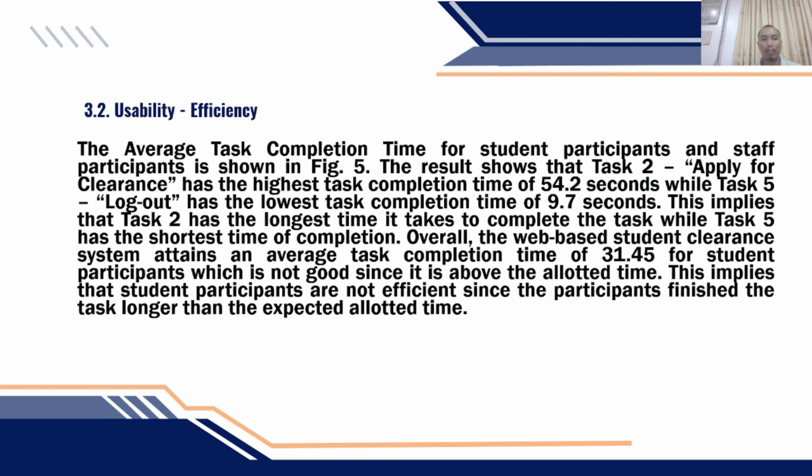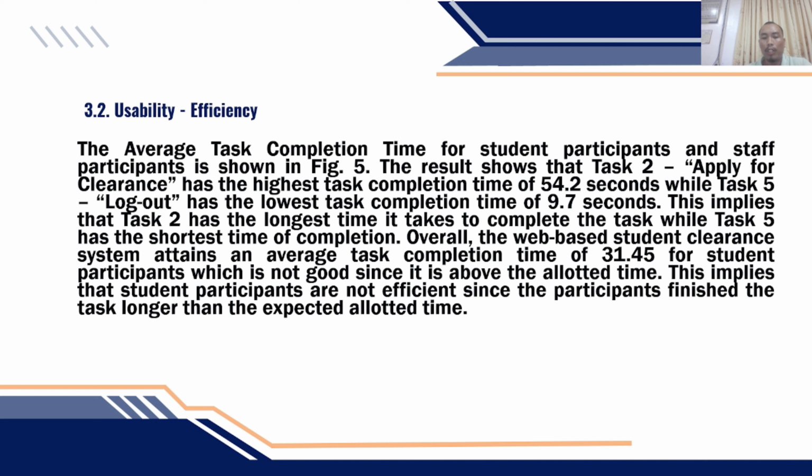For 3.2 usability efficiency, the average task completion time for student participants and staff participants is shown in figure 5. The result shows that task 2, apply for clearance, has the highest task completion time of 54.2 seconds, while task 5, logout, has the lowest task completion time of 9.7 seconds. This implies that task 2 takes the longest time to complete while task 5 has the